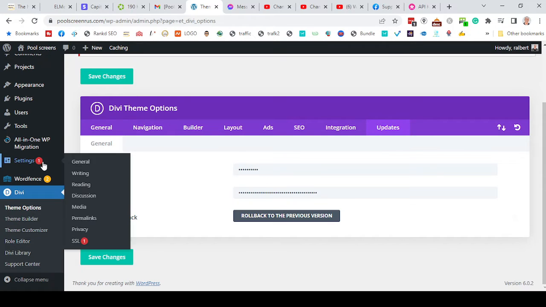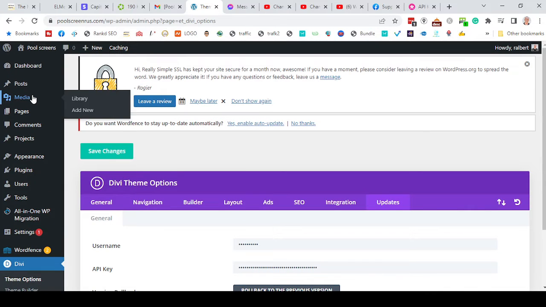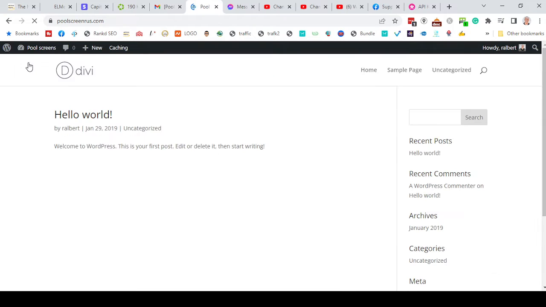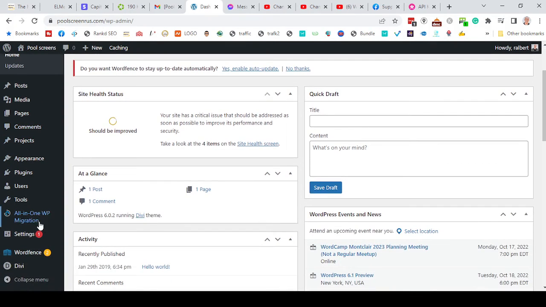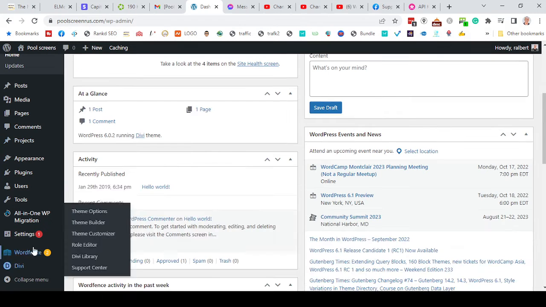Okay, now that the Divi theme is installed, if you look at your website, this is what the Divi theme looks like when there's no home page or anything like that. So what you need to do now is go back to your dashboard here, and to make sure everything goes right, first of all, what I usually do is I go to settings here,